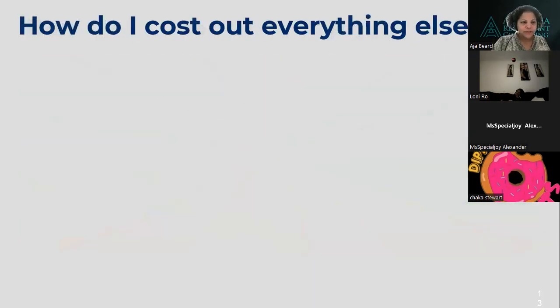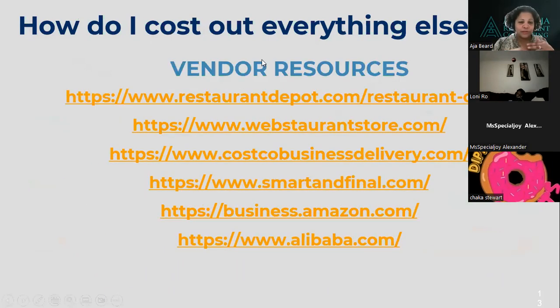Okay, so we talked about the food costs and the disposables, but how do we cost out everything else? Maybe you've got labels, or a sticker, some kind of paper liner, or holder. You can use just these vendors here. I have all of your emails based on what you registered with, and I can send you a little cheat sheet that will have these links. You can cost them out here to figure out what this is potentially going to add to your costs before you actually purchase them.